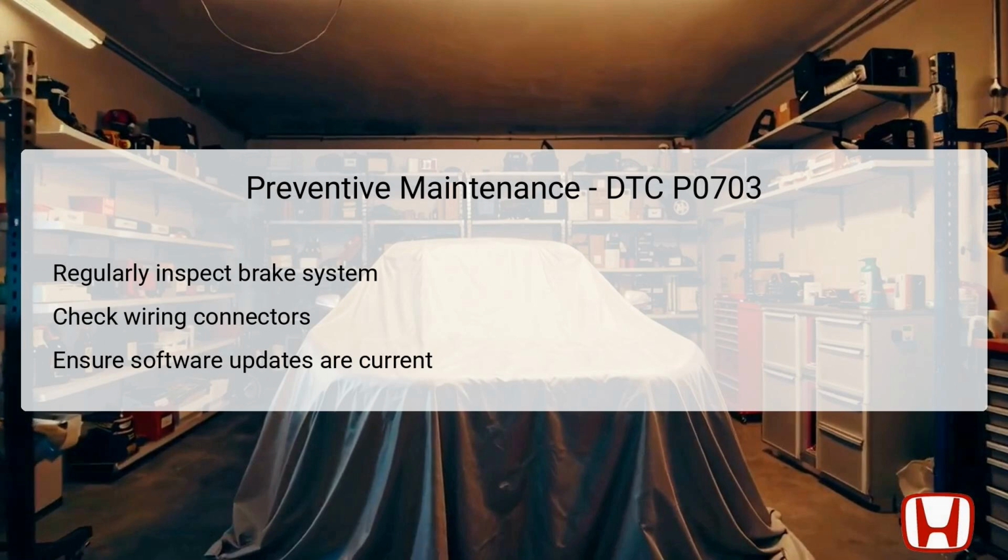Additionally, it is crucial to check all wiring connectors for signs of wear, corrosion, or poor connections that could adversely affect signal transmission from the switch. Keeping the software of the Powertrain Control Module, PCM, current is equally important, as manufacturers often release updates to optimize performance and resolve known issues. These preventive tips not only safeguard the integrity of the brake system, but also enhance overall vehicle safety. A proactive maintenance schedule can greatly reduce the risk of encountering DTC P0703 in the future, ensuring smooth and trouble-free